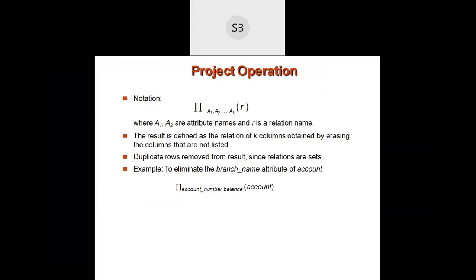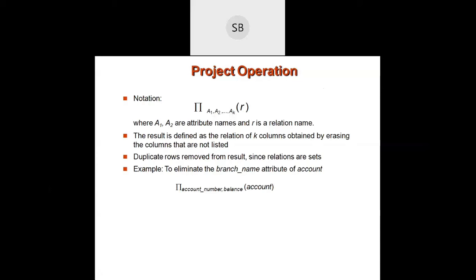project or projection operation. The notation for the project operation is pi with the attribute list A1, A2 up to AN, in brackets small r, the relation name, where A1, A2 are the attribute names and small r is the relation name.